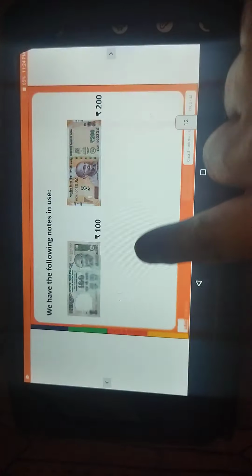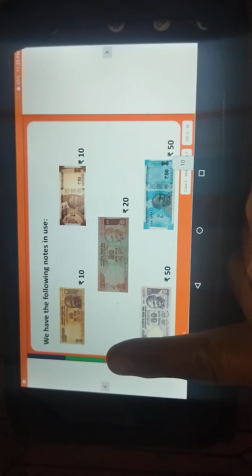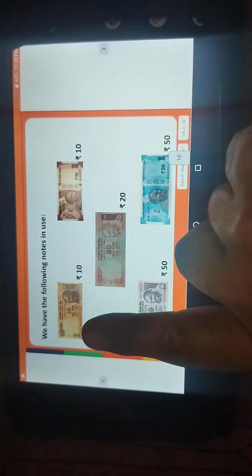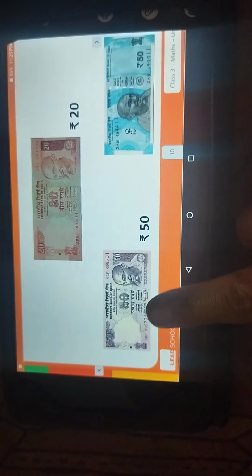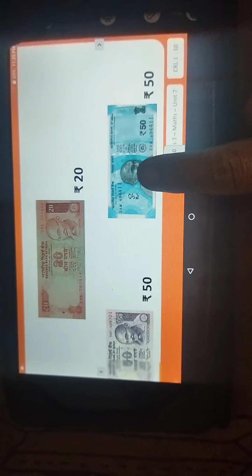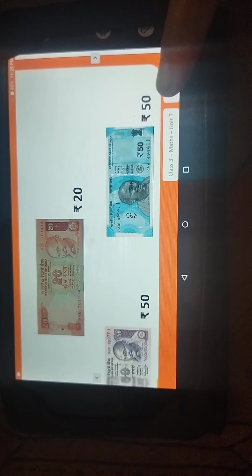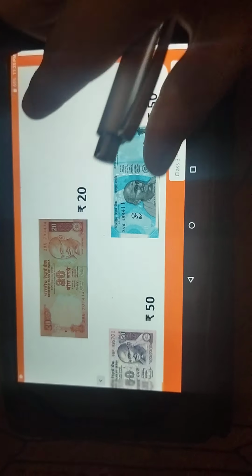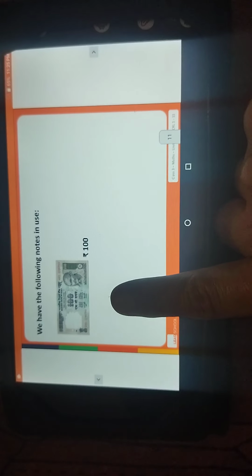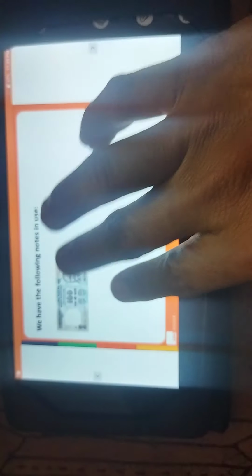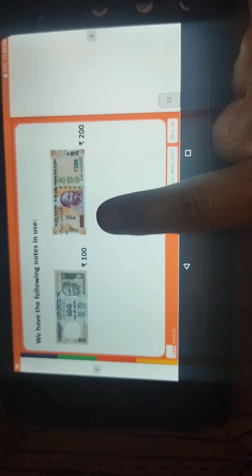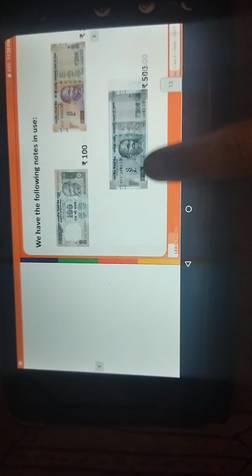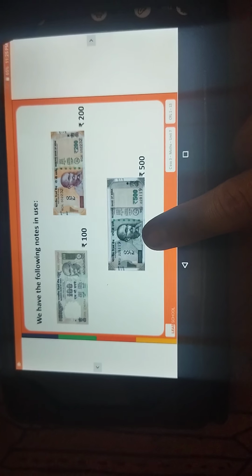So in that, now see, both the colors are same. Orange color में 10 rupees का नोट है, वो कौन से कलर में? Skin and orange color is there. Then here reddish color is there, 20 rupees. Pink color in that 50 rupees. New 50 rupees is in the blue color. Which color is there? Blue color is there. Like that only 100 rupees is there. So 100 rupees is in the sky blue color, something like that. And then orange color in the 200 rupees is there. Like that only 500 rupees, which color is there?